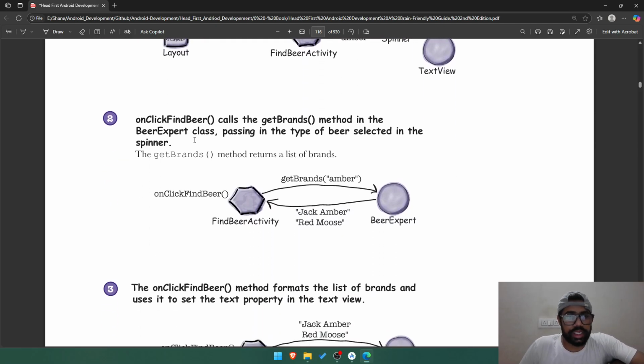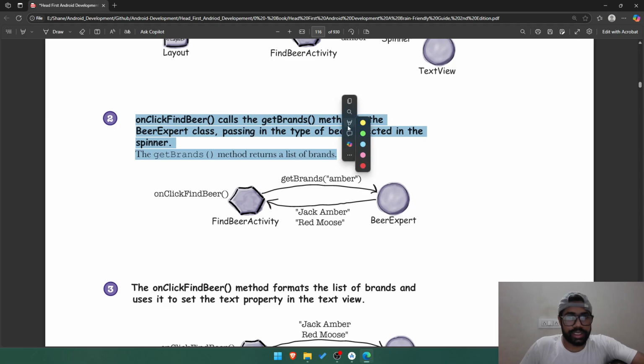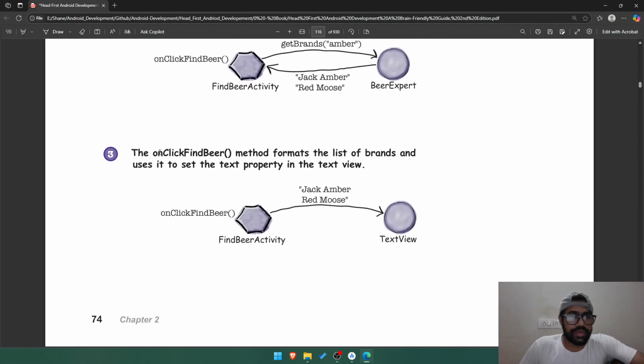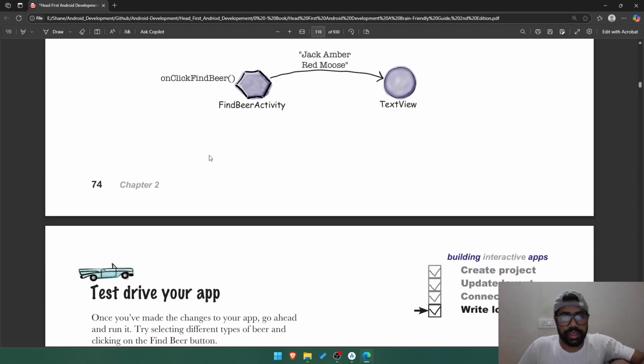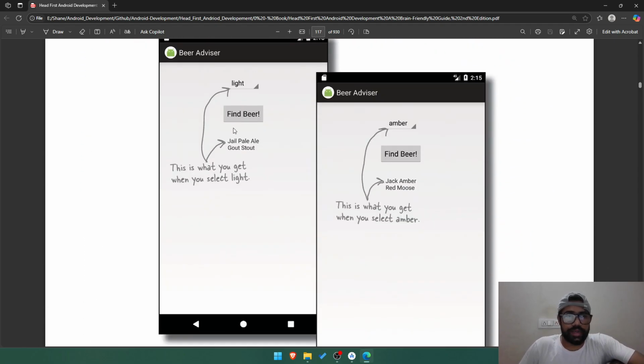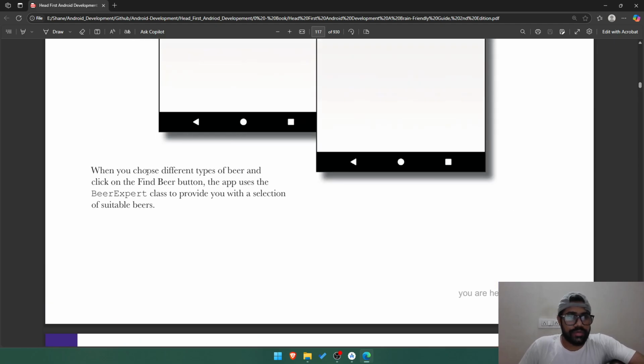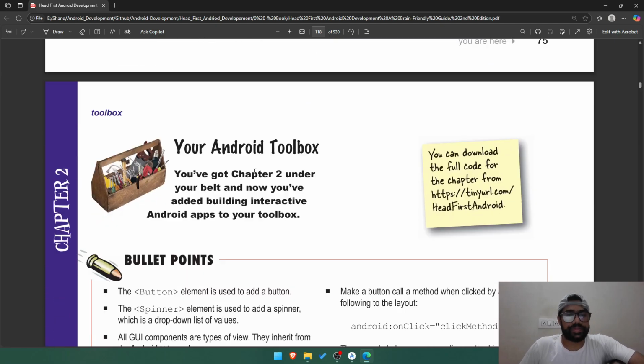So onClickFindBeer calls the getBrands method in the BeerExpert class, passing in the type of beer selected in the spinner. The getBrands returns a list of brands. Then the onClickFindBeer method formats the list of brands and uses it to set the text property in the text view. In the test driver app, I have done that. When you choose different types of beer, yeah,